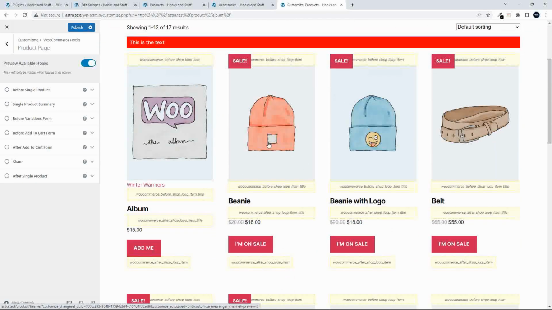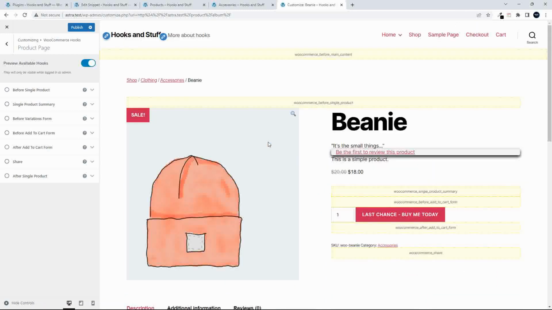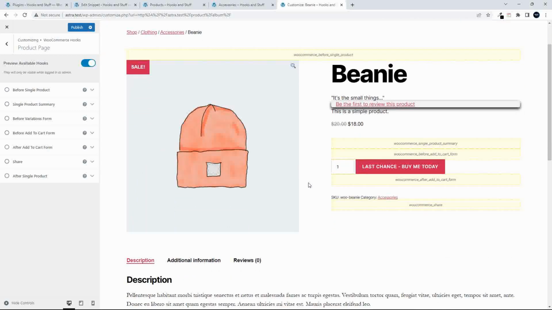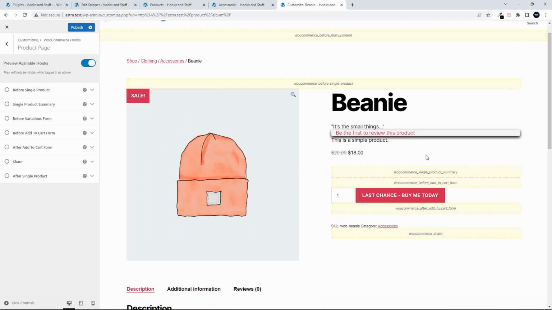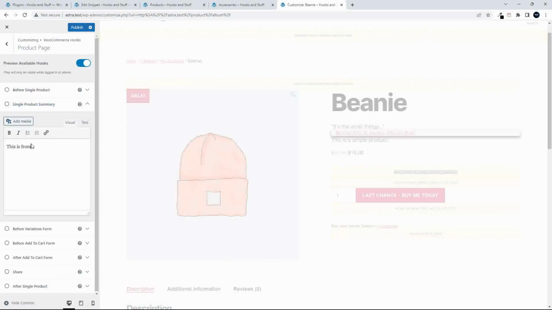And let's go here. I think the beanies was normal. Right, so we're on the beanie, and let's just see about inserting something here. So single product summary. Now the single product summary is quite a few things. It's not just the one item, because you have the title, you have the price, you have a couple of things. So in here, there is a certain hierarchy of priority. But let's have a look here, single product summary, and this is from